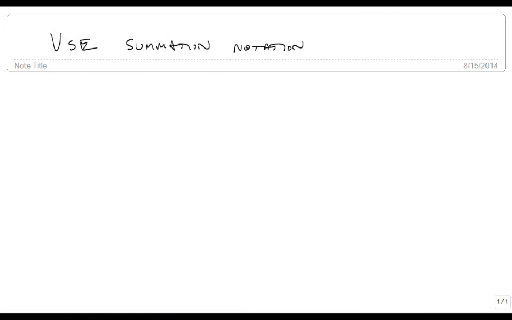We're now going to talk about summation notation and how we use it. Remember that summation notation uses this sigma symbol, and it tells us that we have an index, a lower bound, and an upper bound. And what this means is if I have the sum of a sequence, a_i,